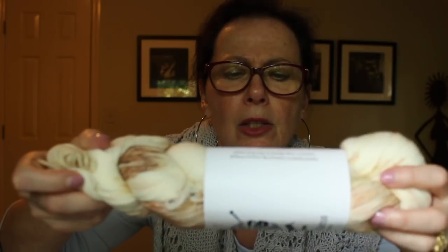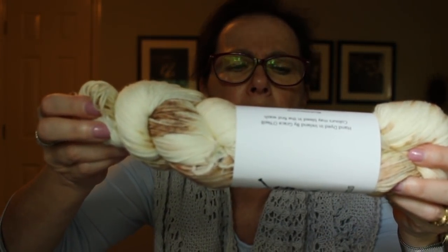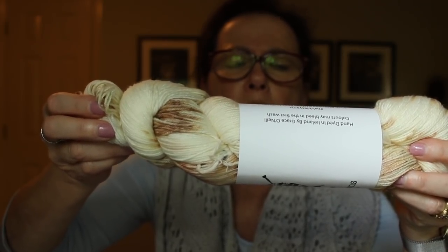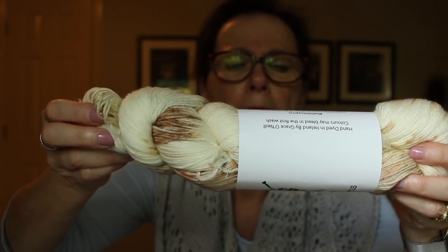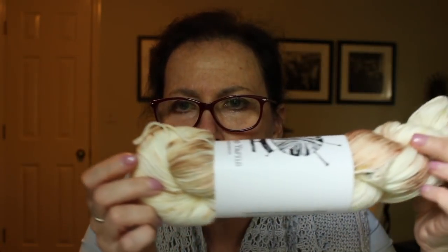This is the colorway called Thorns, and it is 100 grams, and it's 60% mulesing-free merino, 25% bamboo, and 15% nylon. So it could be a sock yarn. I don't know that I would do that. I would probably combine this with something in a sweater or a shawl or something. It is really squishy, and she's a very special person. Anyway,